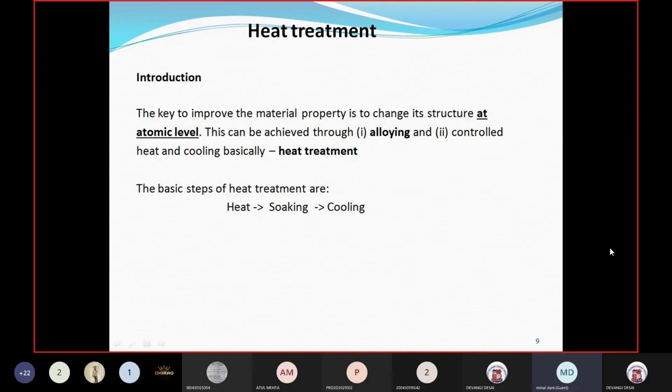You can also achieve your mechanical property by adding some alloying elements. In the iron carbon diagram, only carbon is there. Suppose you add chromium, silicon, manganese. By that, in alloy steel, there is a change in the property compared to your plain carbon steel. But by heat treatment also we can enhance the mechanical property. Next slide, madam.